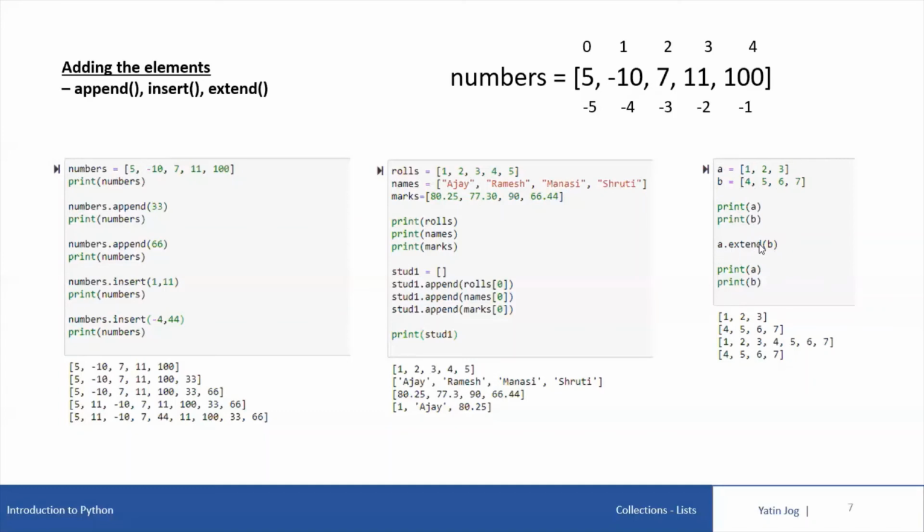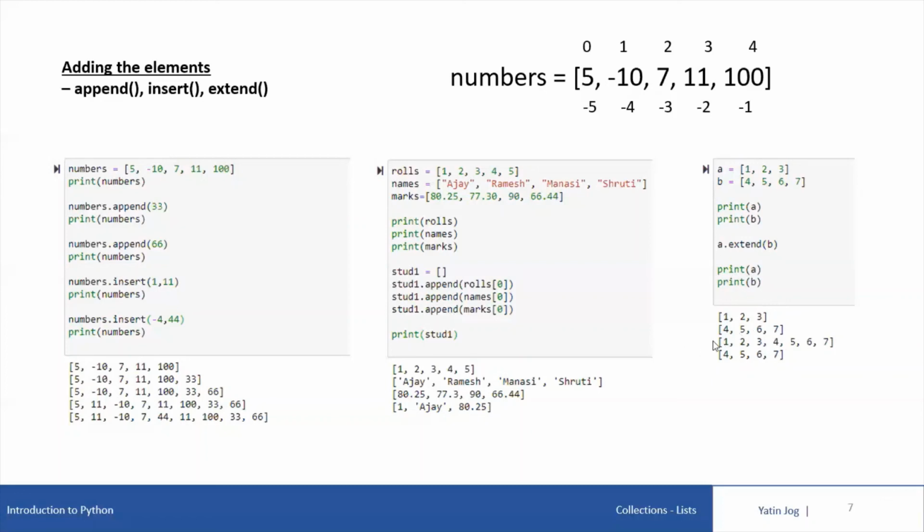So if I say A dot extend, and if I pass the second list B, it will extend the list A with the values of B. So now if I print A, you can look at the screen, print A and print B. These two prints will print list A and list B. But after A dot extend B, that means extend the list A with all the values of B. So with the existing values of A, the values of B will be appended to list A. So you can look at this print A now.